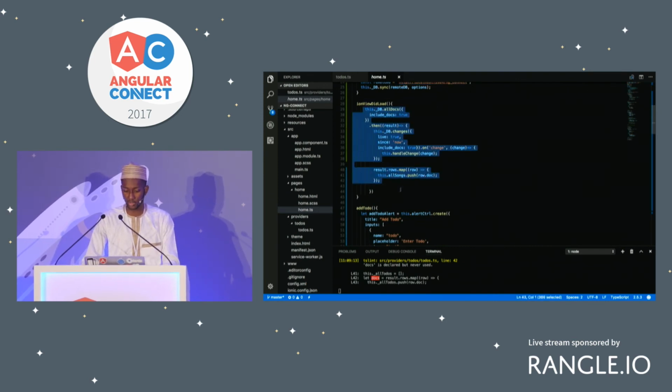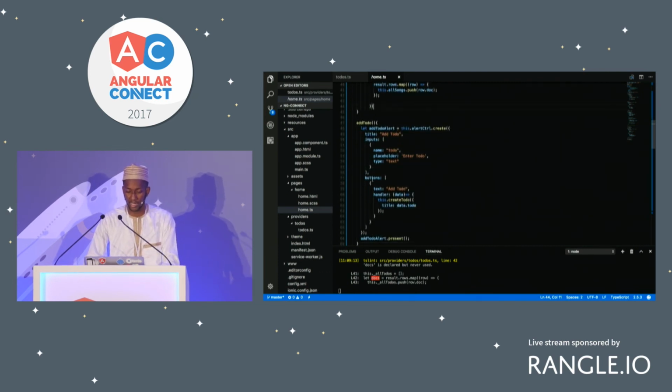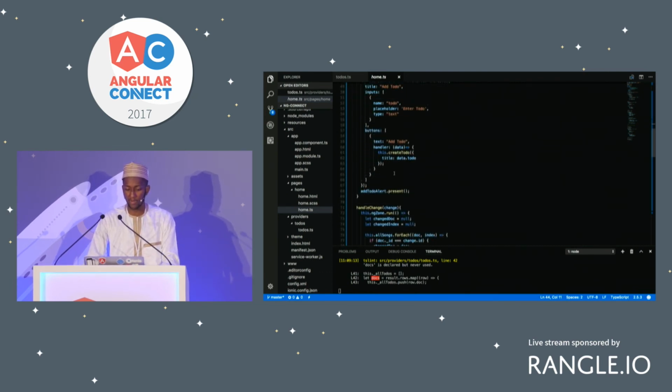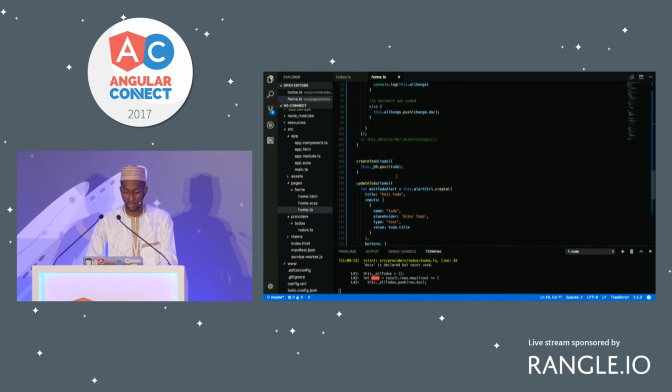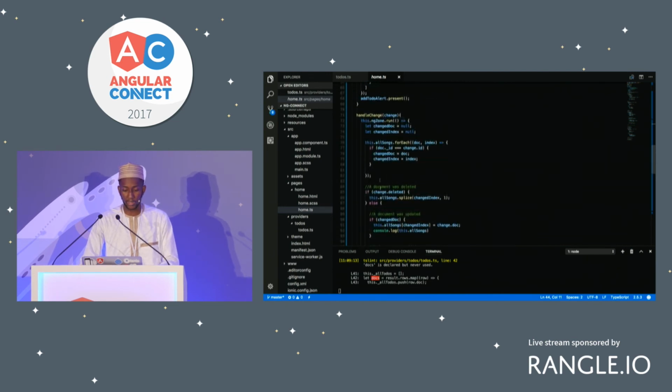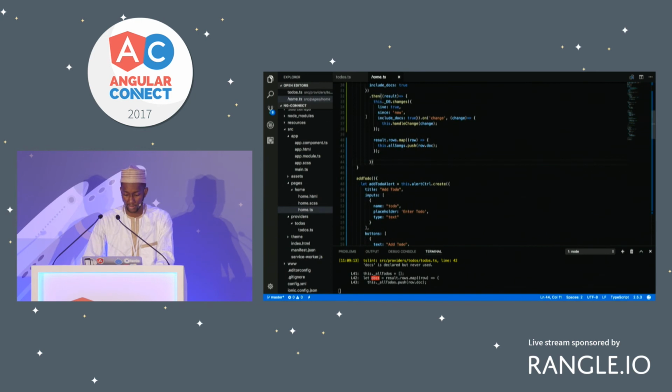I save that in some property on my class. And whenever I'm creating, I just call the create to-do function, which is somewhere down here, which actually just does the post. And we have the update to-do. And also I have this handle change function, which if we go back to